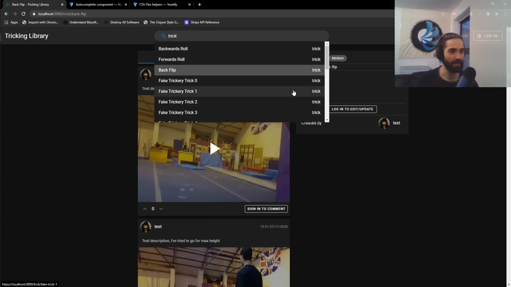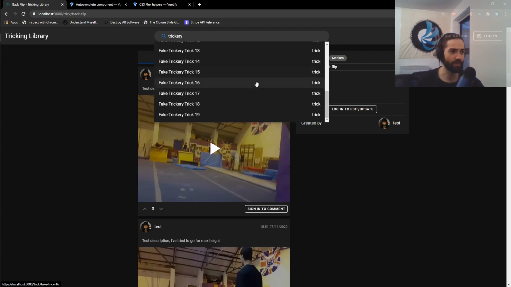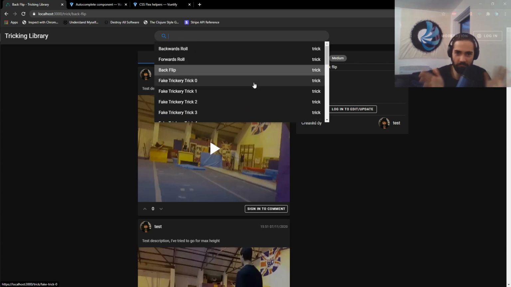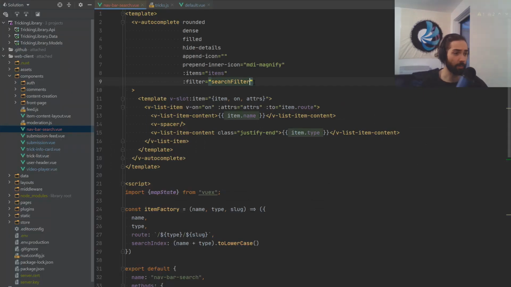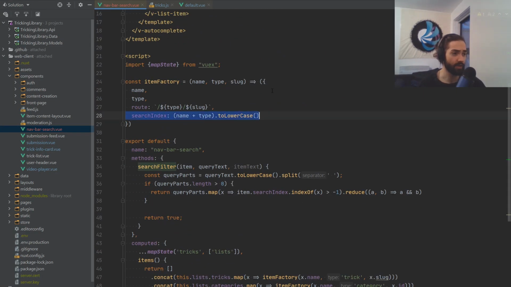That's the kind of search that I wanted. If I want to add any other term to search by, I just add it to the search index when I create the item. You can use this method as well. Otherwise,